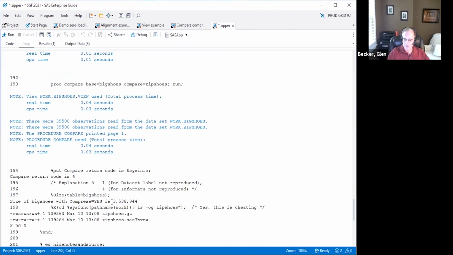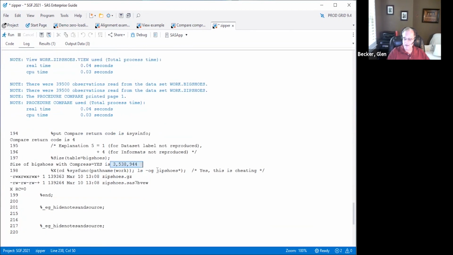Big Shoes, even with compress equals yes, is 3.5 megs. But look at the size of the 2 files that Zypper created. Yes, I had to cheat and use an ls command, so sorry guys. The view is about 139K and the data is about the same size.